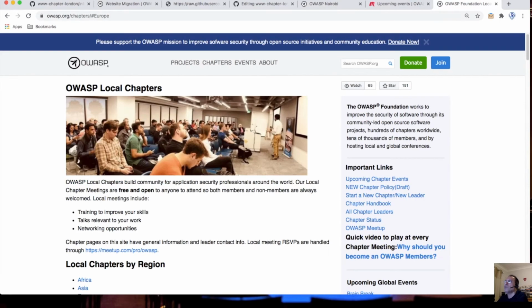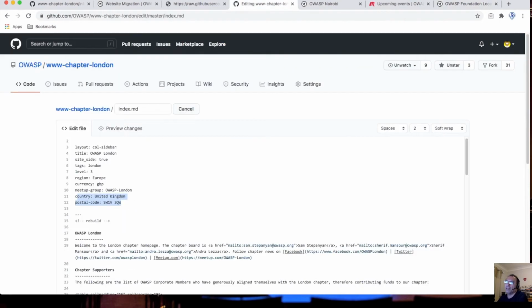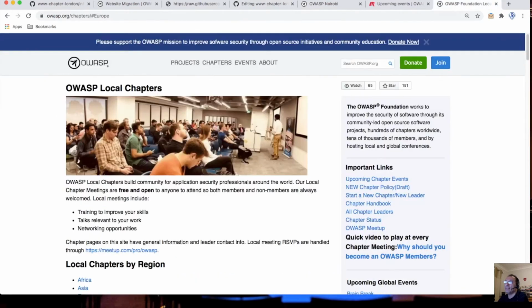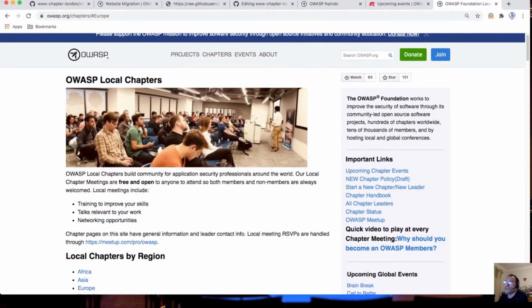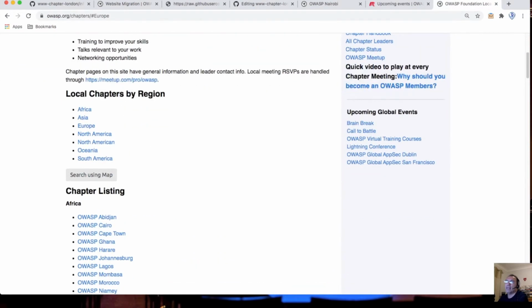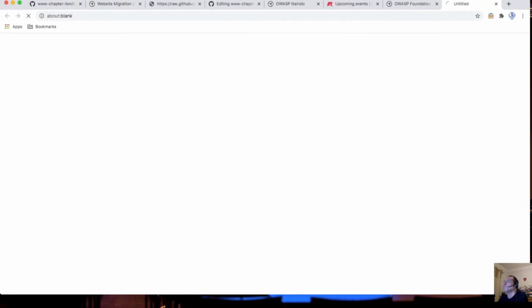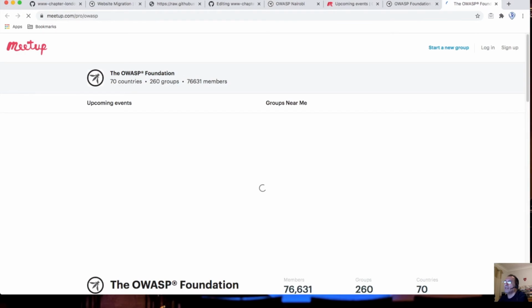The reason you need to define the country and the postcode in the metadata is that on the new OWASP website, under the chapters page, there is a map, and your chapter will be shown on the map in accordance with your postal code and your country location.